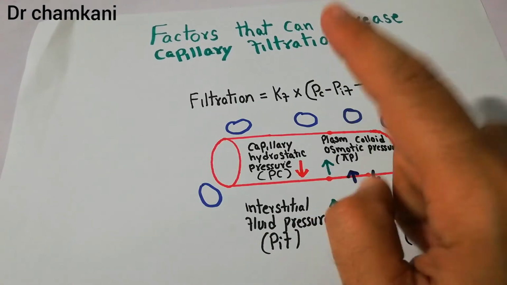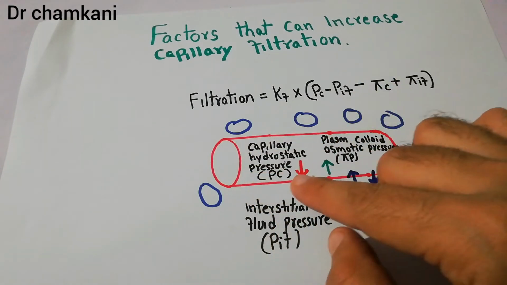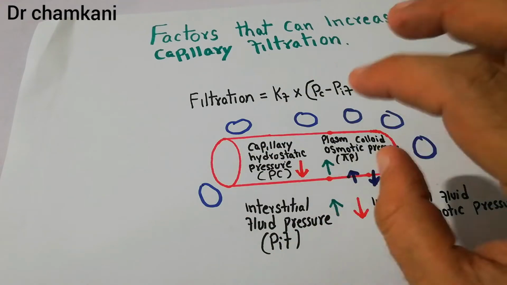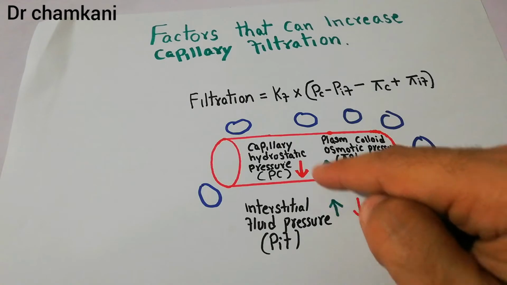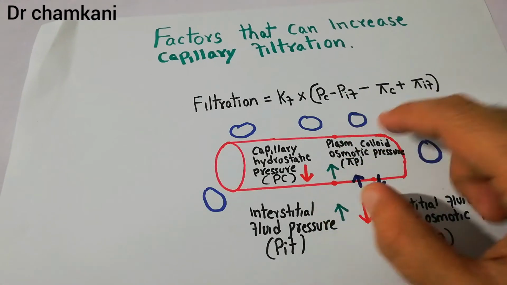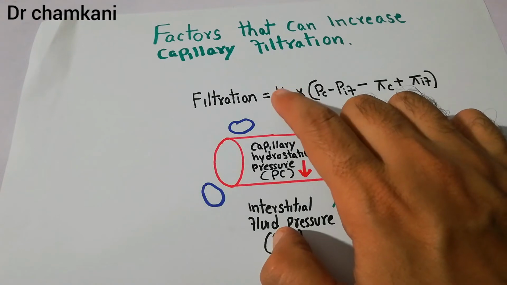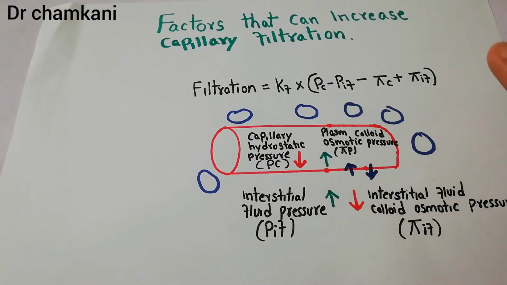Now, this is one factor, the permeability, and the second thing is the area. If there is a big area for filtration, then there are a lot of chances of fluid coming out and going in. If the area is small, then the chances for the fluid to come out of the capillary and go again inside the capillary are less. So basically, the capillary filtration coefficient is the product of surface area and the permeability of the capillary wall or